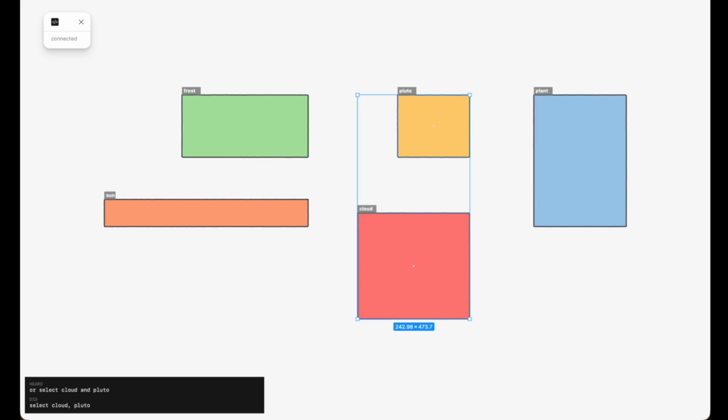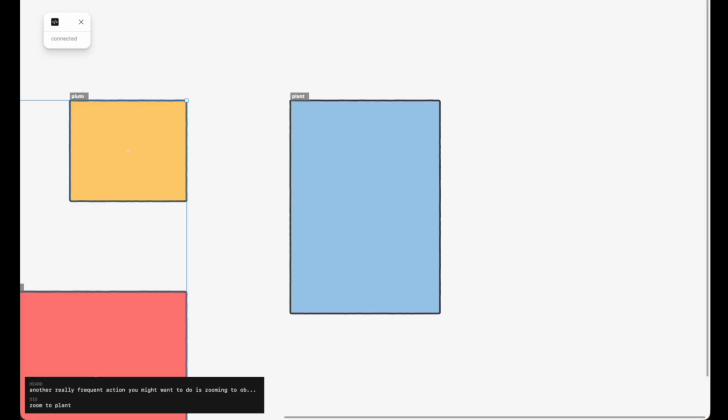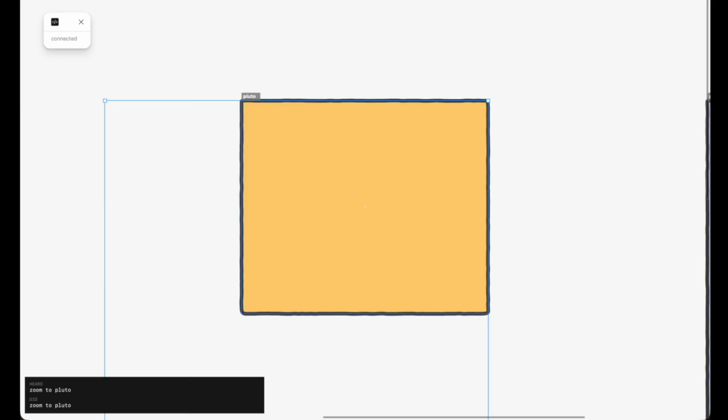Another really frequent action you might want to do is zooming to objects, which is just as easy. For example, zoom to plant, zoom to Pluto, and then maybe we want to see everything again, and you can just say zoom to show everything. Then if we just select nothing, and maybe zoom to focus cloud,